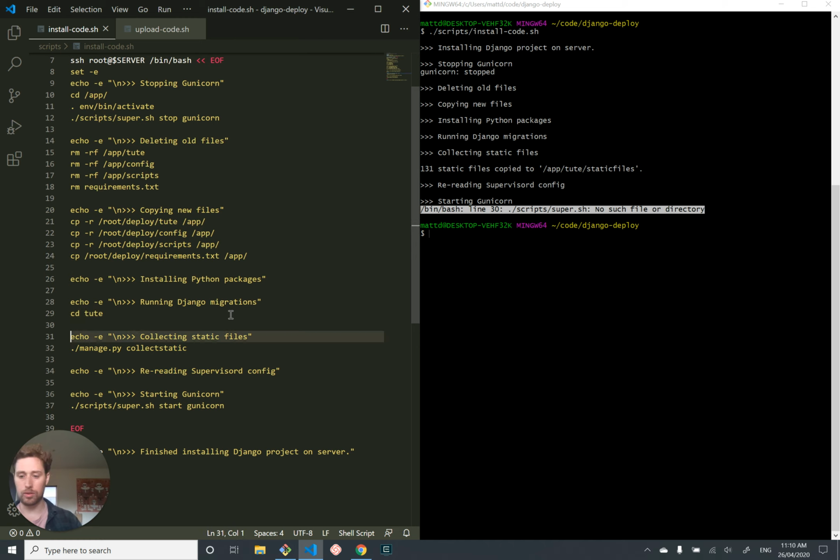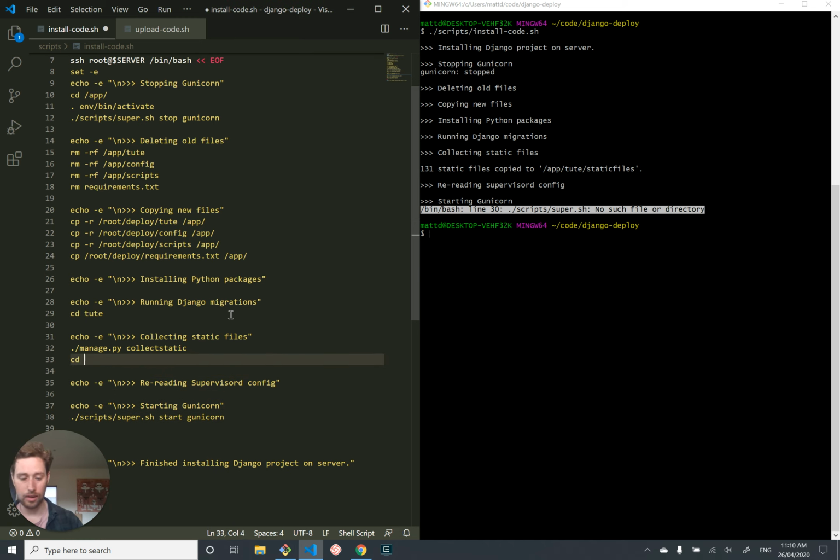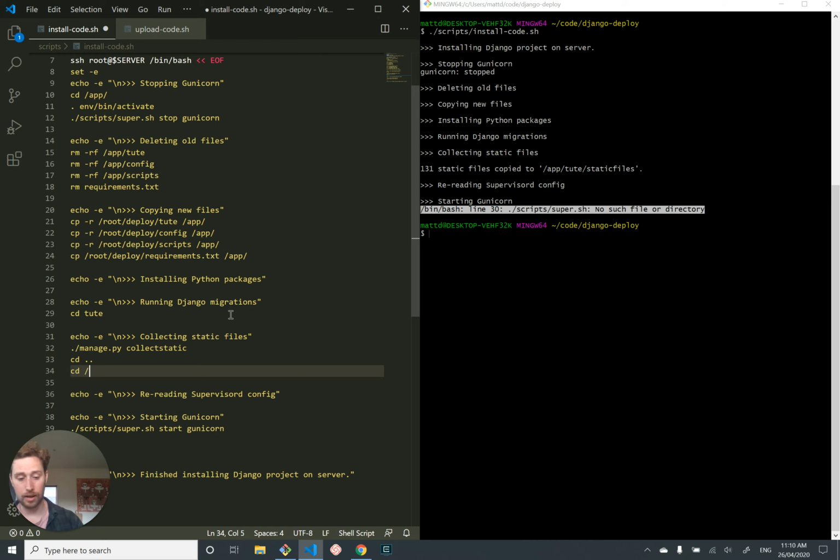So we could do this. We could cd tut, and then I guess here, cd .. or alternatively cd app. And that'll work totally fine. But in case you're curious, there is another way to do this, and why not explore a different way if it's not too complicated. So instead of change directory, we can do this cool thing called pushd. So pushd just says,